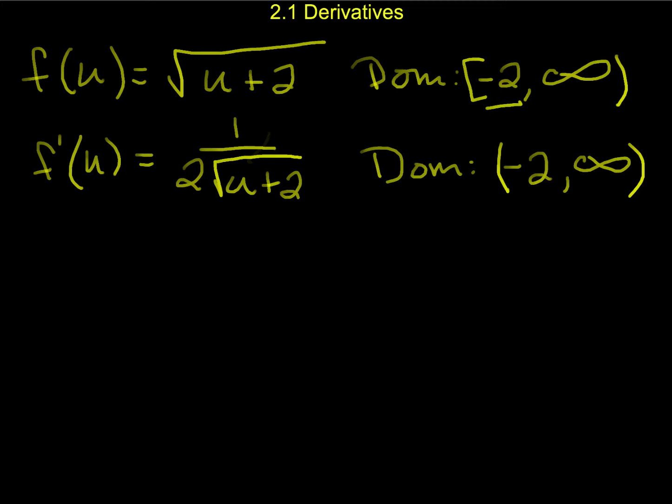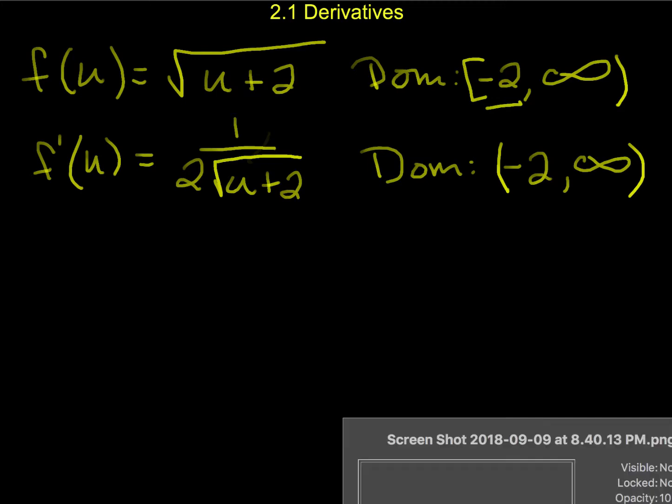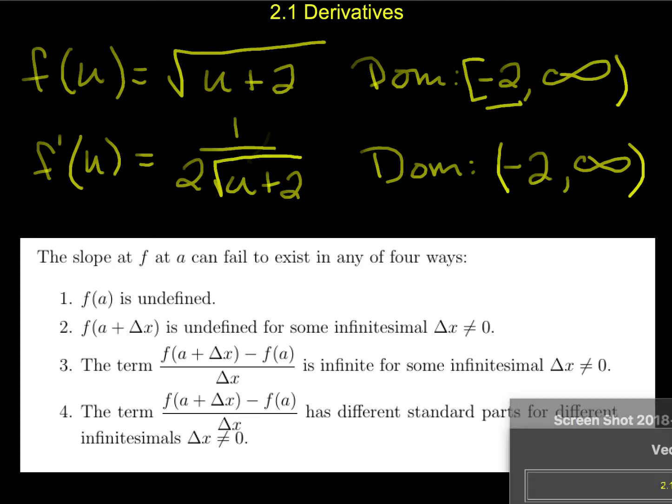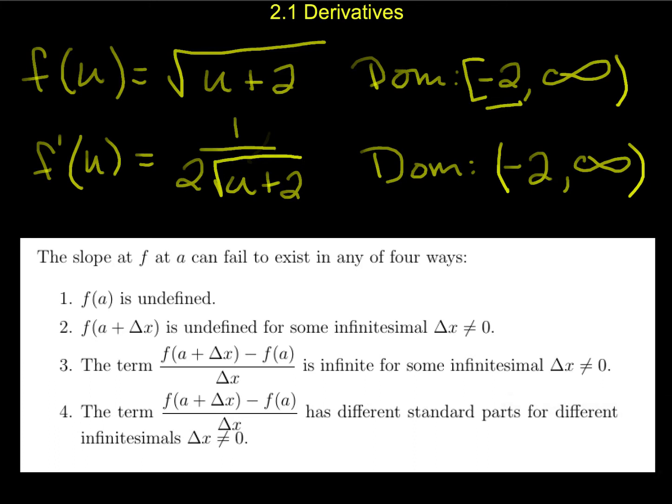And so let's speak just generally in regards to that idea, that there are really 4 different ways that the slope can fail to exist. So first off, the function may not even be defined at a point a. Then you can't even ask what the derivative is there. Second, if you add an infinitesimal to a and evaluate the function, it may be undefined. And then finally, 2 other things that can happen. The change in y over change in x may be infinite, or even,